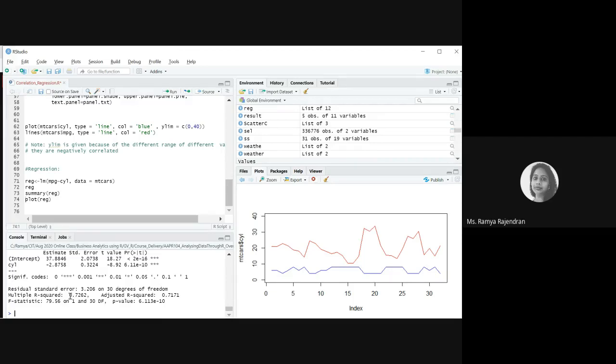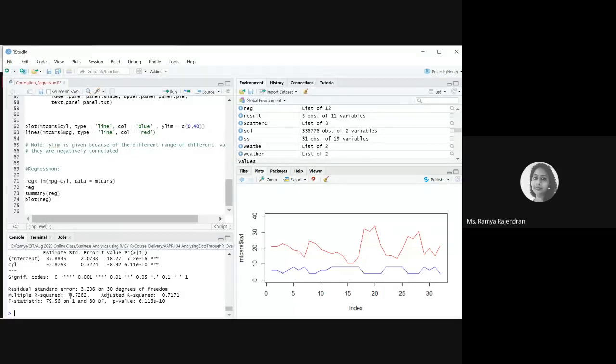SSE is the sum of squares of error. So you're summing up all the errors, dividing by the sum of squares of total, and then subtracting the value from 1 to get the r square value. Adjusted r square is calculated by 1 minus (1 minus r square) into (n minus 1) by (n minus p minus 1). Here r square is your r squared value; the adjusted r square is calculated through it. n is your sample size, the number of rows you have, and p is the number of predictors, what you're trying to predict with. So this is how adjusted r square is calculated.